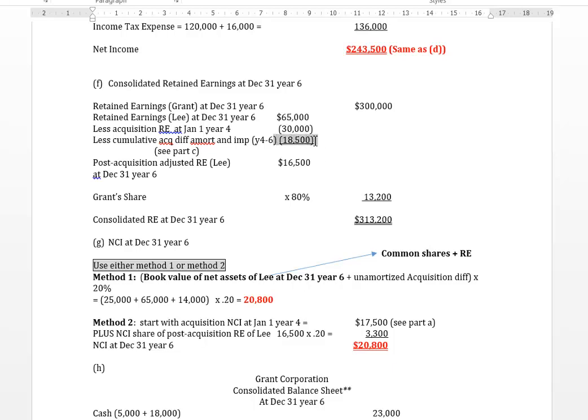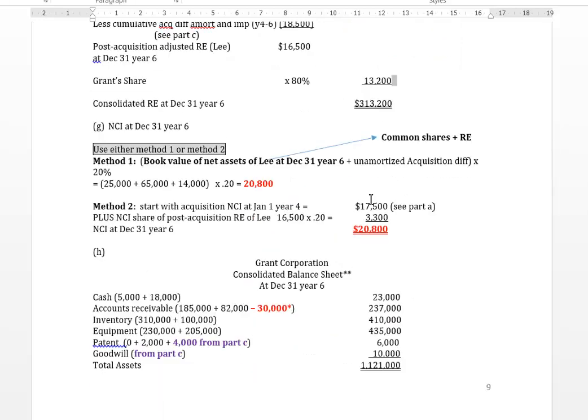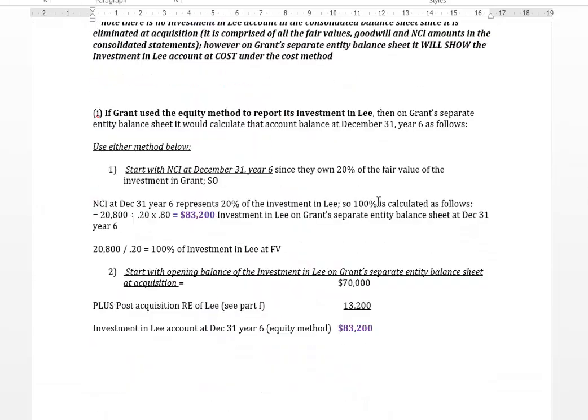But don't forget, the income of Lee has also been amortizing those acquisition differentials and taking in the impairment losses. So that is our post-acquisition retained earnings of Lee, of which Grant gets 80% because they own 80%. That represents the increase in the investment account in Lee from the date the two entities became related to the current date, which is the end of year 6. So all we have to do is add that to the 70,000